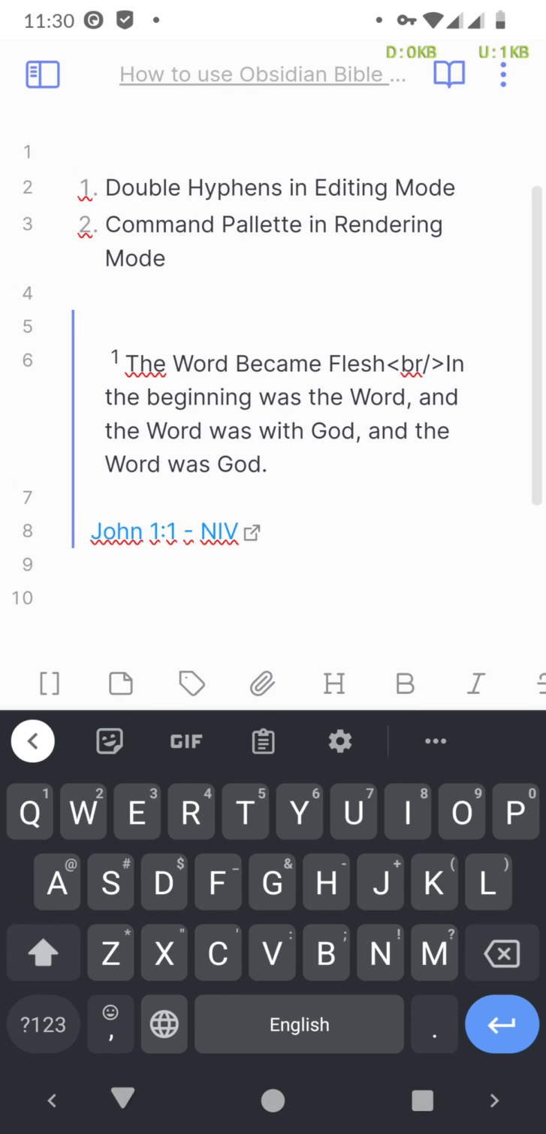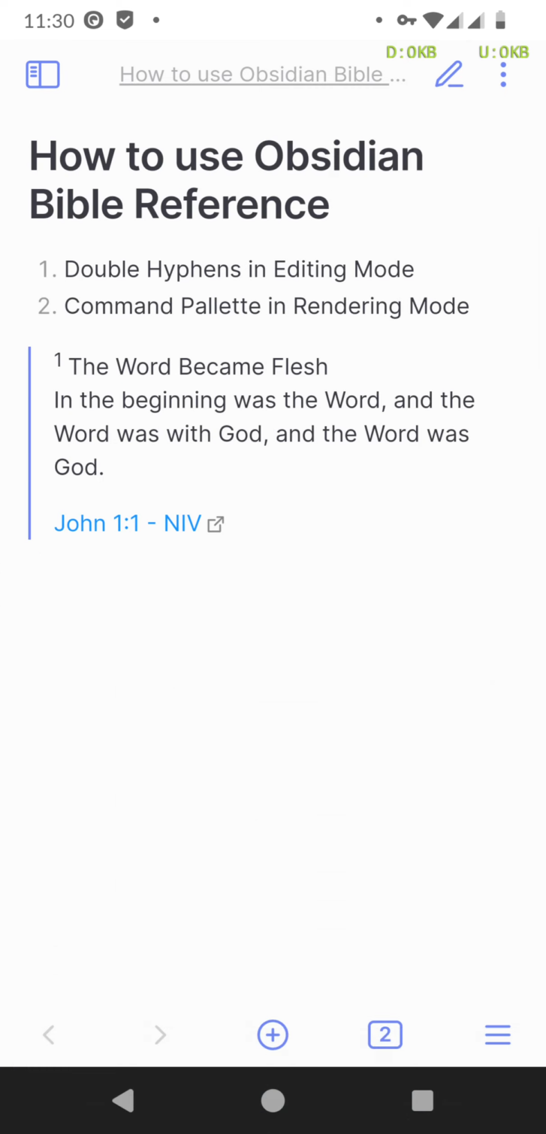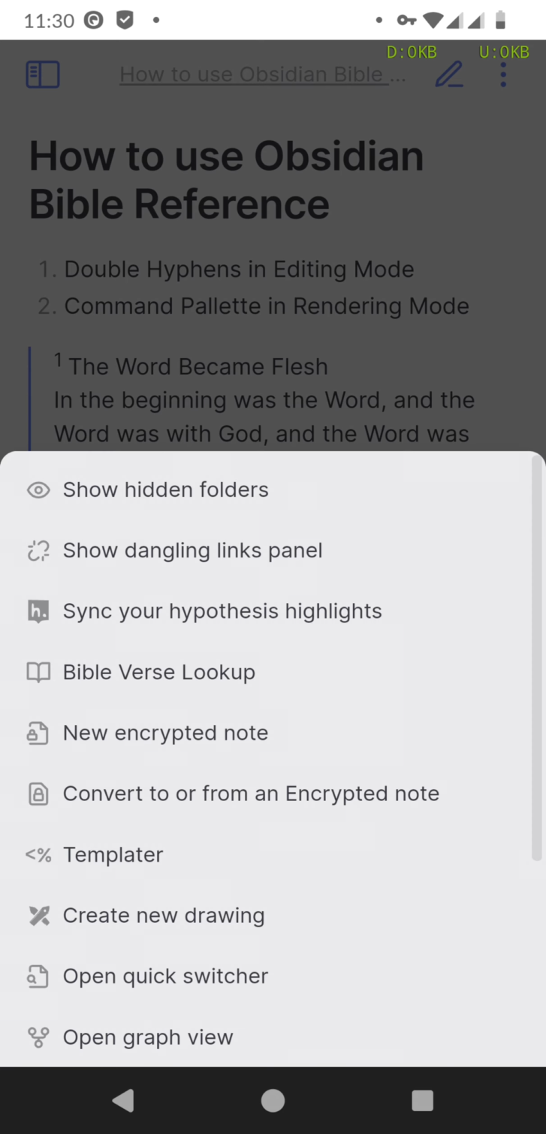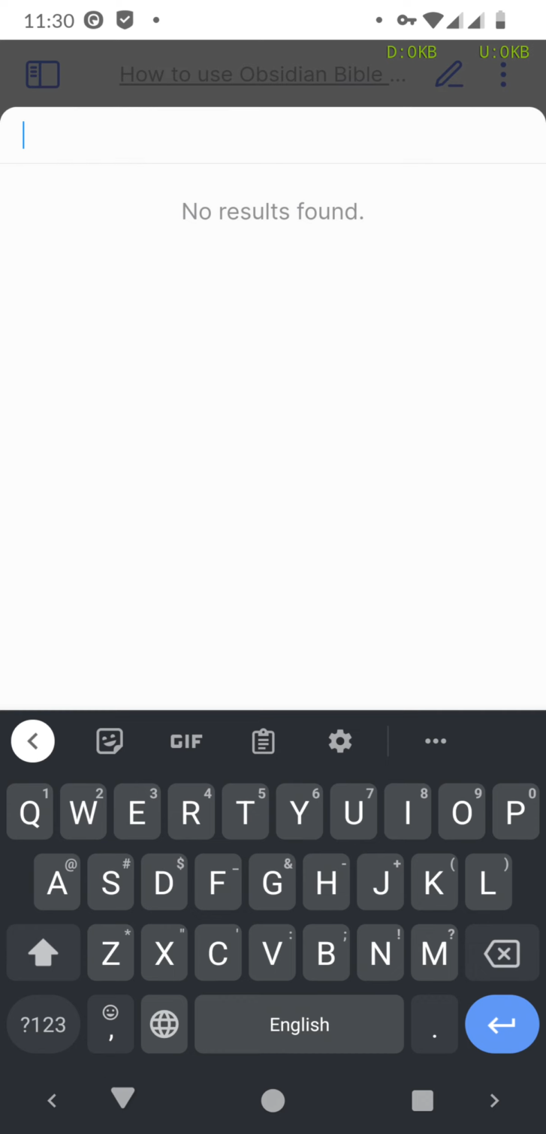The other option is in rendering mode, where you can use the command palette. Let's switch to the rendering mode, open the command palette, look for the Bible words lookup, click it,